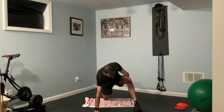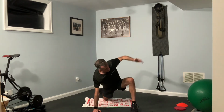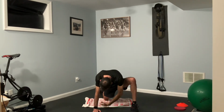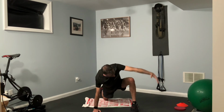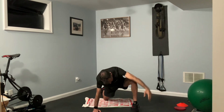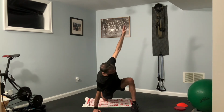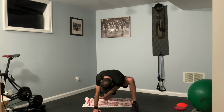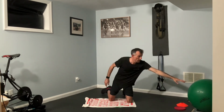So you've got your position. If you need to, you can shorten it up if you don't feel as comfortable there. All right, so I've got my hand up. I'm gonna look, reach away, and look down. And again, just reaching as far as I can. And again, up. Big breath. And down. And up again. And down. Now, if this position bothers you, having your hand on the floor like that, if you've got something that